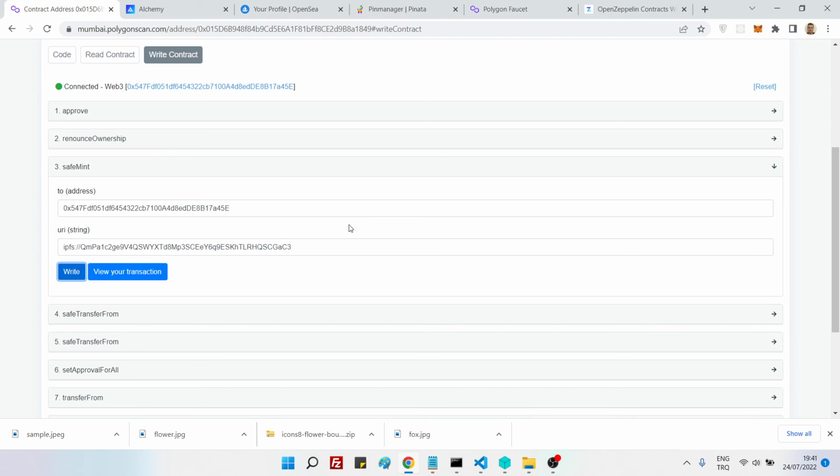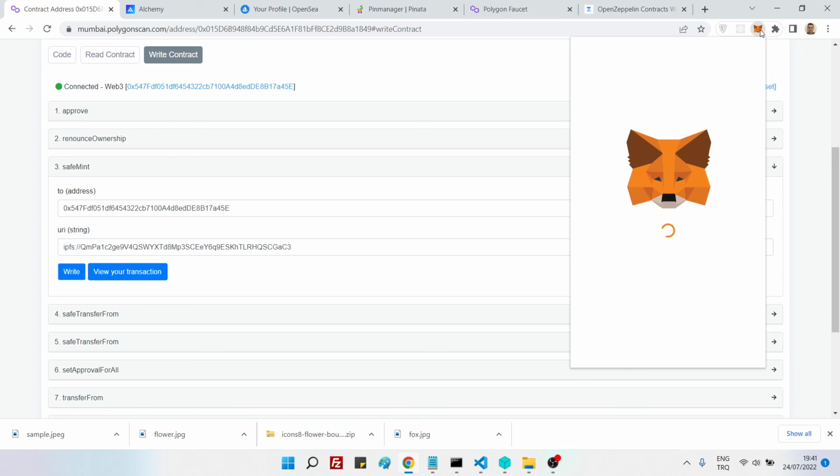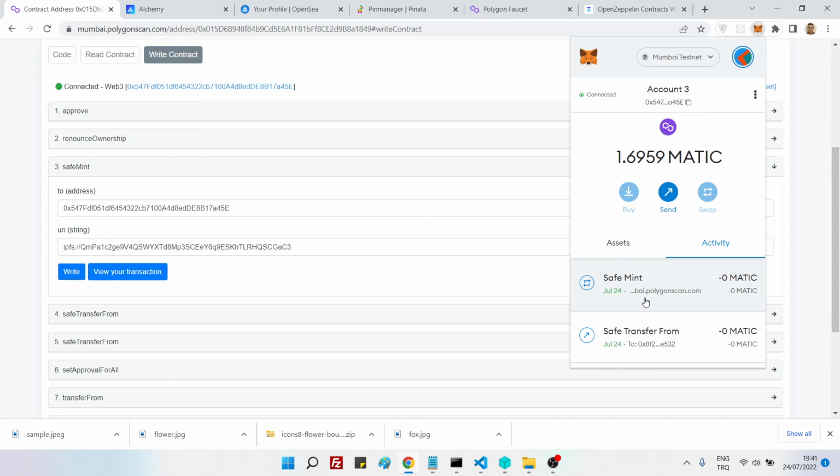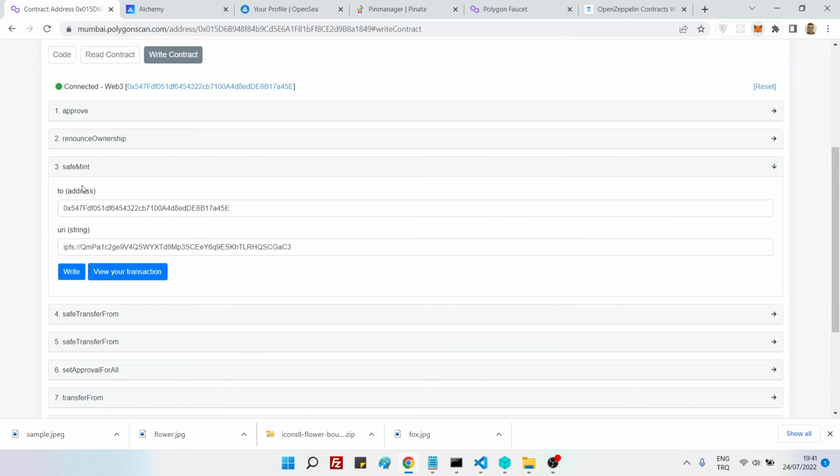And then we will see our NFT, but for now I just want to see if the transaction is finished. To see if your transaction is finished or not, you can click on Metamask. Yes, it's finished, as you can see. Activity, it's already done, SafeMint. So now I will call it again, but this time not for IPFS. This time it's going to be for